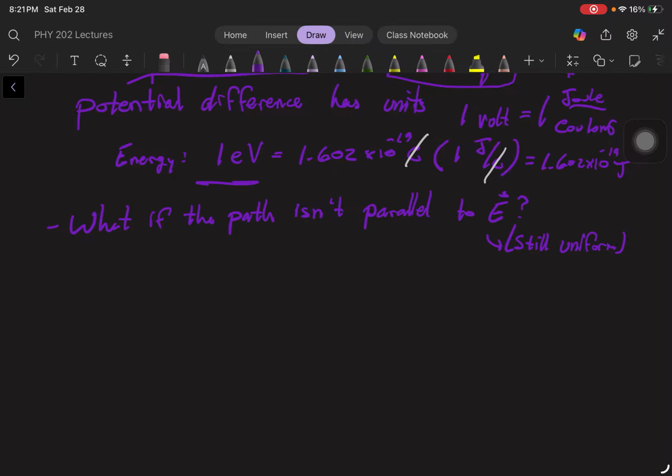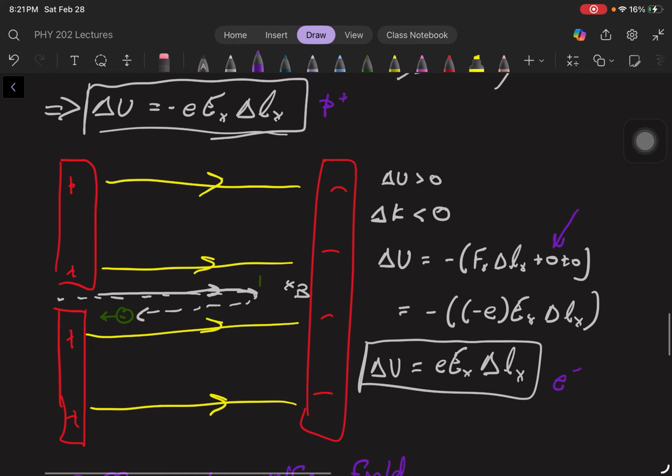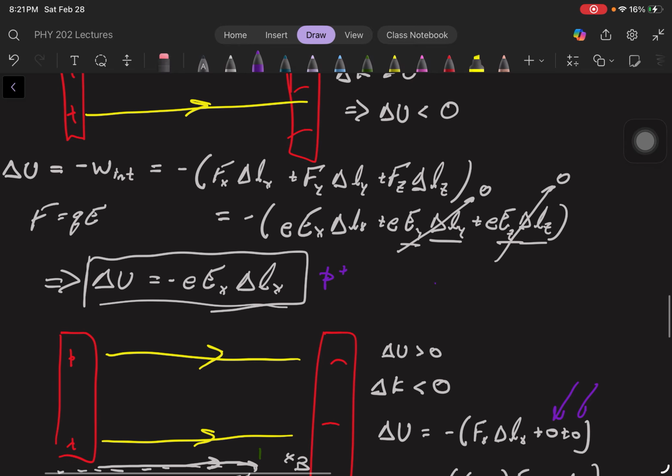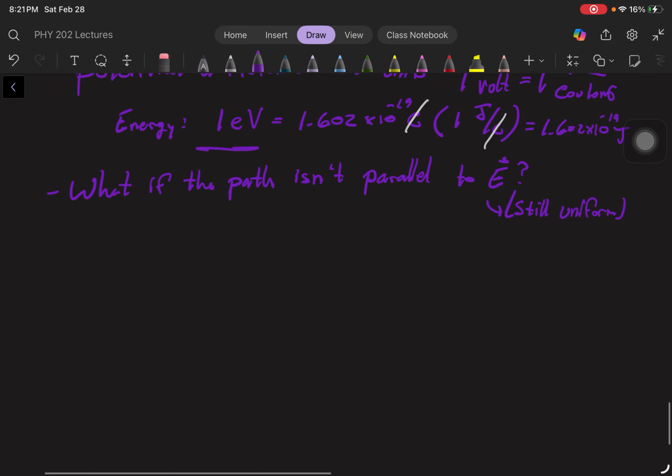Right. And so when it was parallel, we got to go ahead and say these were all 0. And so now we don't have that luxury. But,